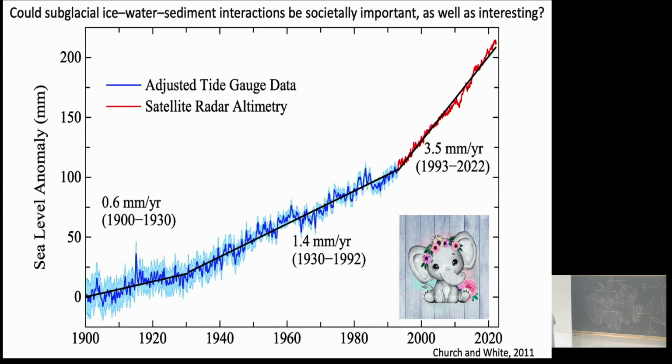Maybe we shouldn't be celebrating the fact that this is taking place, but sea level is rising, and it seems to be rising faster. And much of that sea level rise is being supplied by melting ice. So in glaciology talks, this is always the elephant in the room. It's the increase in sea level over time. And the question is,